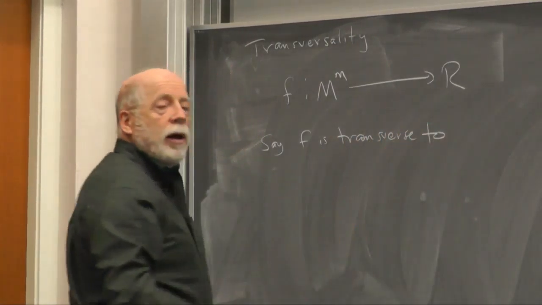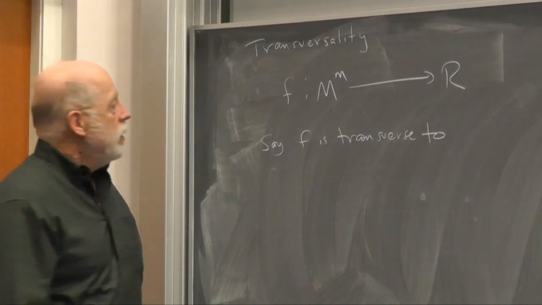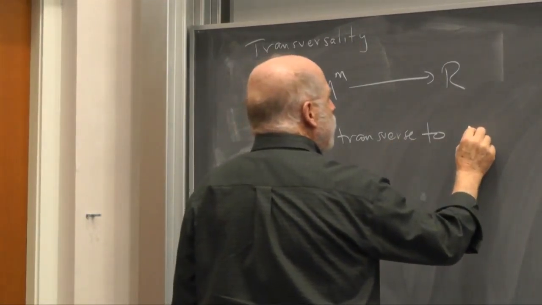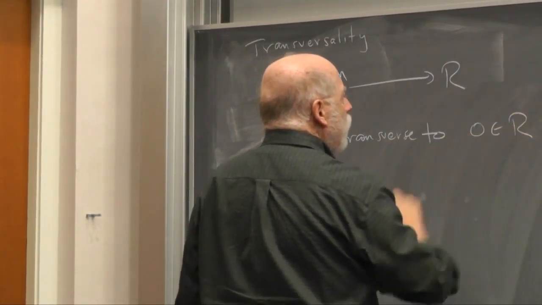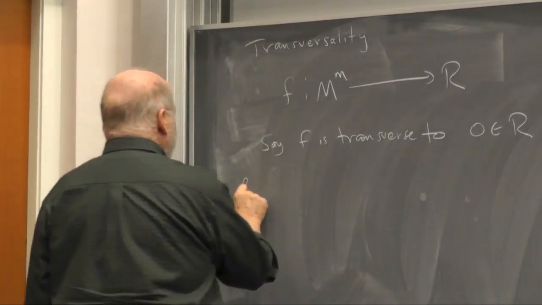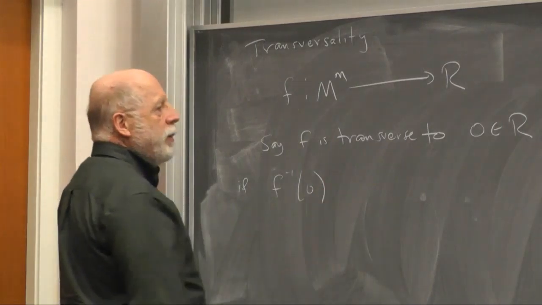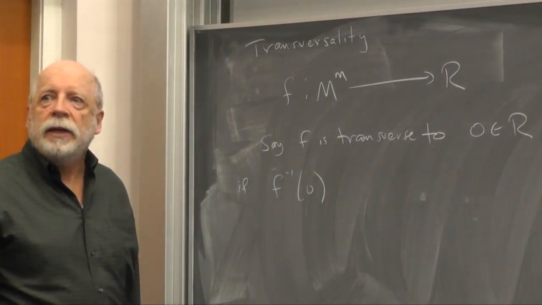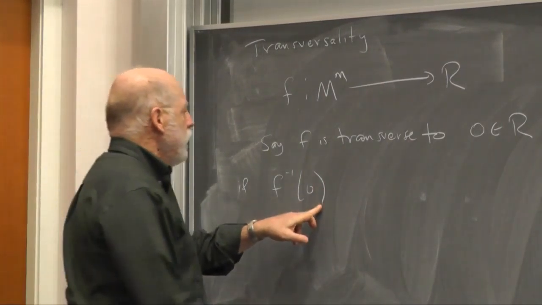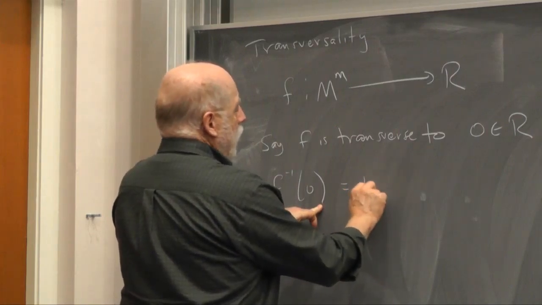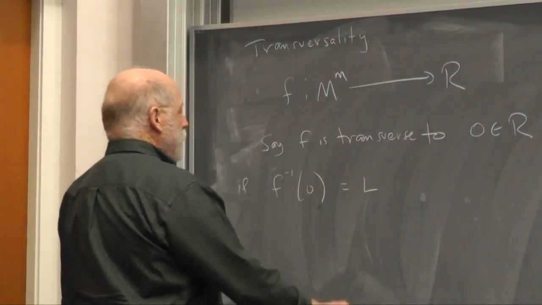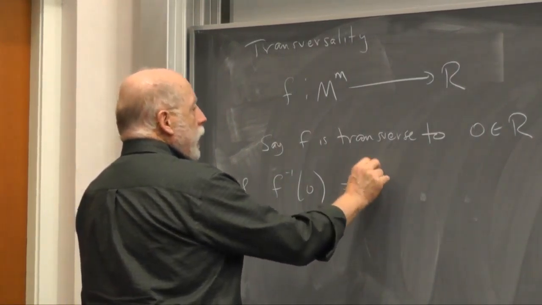You have to say what topological transversality means. So F is transverse to 0, the origin in R, if F inverse of 0, well, suppose it was a smooth map, and that was a regular value. Well, then F inverse of 0 would be equal to a manifold L of dimension m minus 1